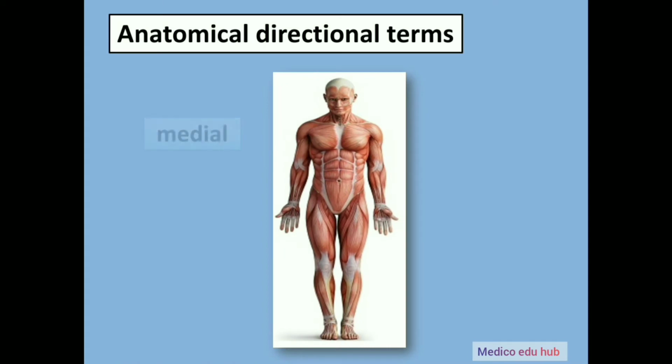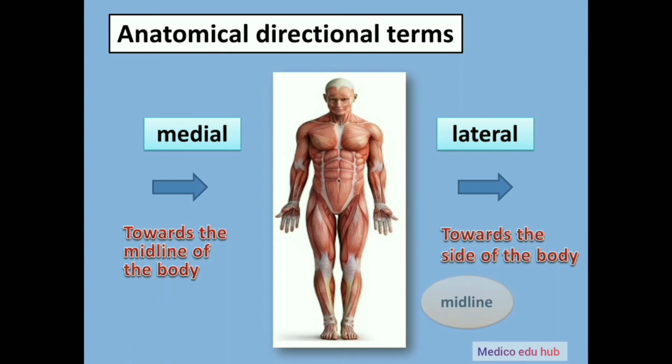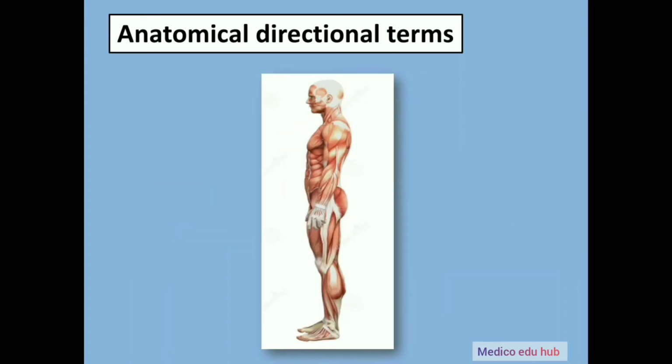Let's move ahead. Medial and lateral are another set of directional terms. Medial means toward the midline of the body, and lateral means toward the side of the body or away from the midline of the body, where the midline is an imaginary line that divides the body into left and right halves. So we would say the heart lies medial to the lungs, or you could say the lungs lie lateral to the heart. Lateral can also be used to describe how you are looking at the body. While the body will always be referenced from the anatomical position, it can be viewed from a lateral view, meaning looking at the body from the side.